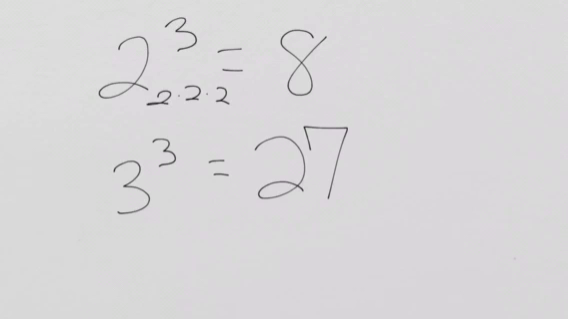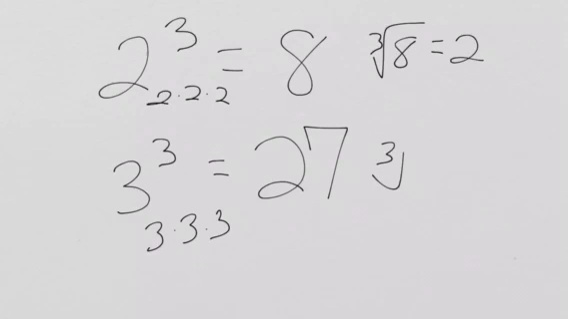So what's a cube root? Well, the cube root of 8 equals 2. In other words, it's what number can you multiply by itself, times itself, and get the original number. So let's look at 3 cubed equals 27. That's 3 times 3 times 3. So if I ask you for the cube root of 27, it would be 3, because 3 times 3 times